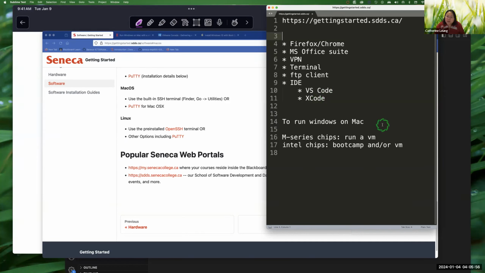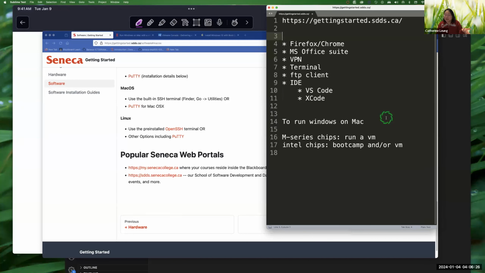Now, one of the other things that you may need to do at some point is you might need to run Windows. Okay, I know as a Mac user myself, it's not a thing that I love to do, but sometimes there's just software that you have to have, and it only works in Windows. So how do you run Windows-specific software, or how do you run Windows when you really need it? So for example, in your first semester, you have an OPS 102 course where you have